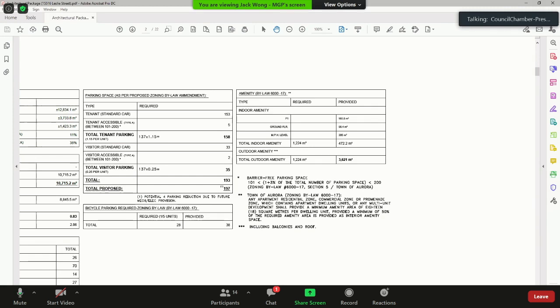Is your proposed 3,621 square meters of outdoor space including the balconies? Mr. Wong? Thank you, Mr. Chair. That's correct. It does include the balcony, and overall, in terms of amenity requirement, we are meeting the 18 square meters per unit based on the zoning standard.